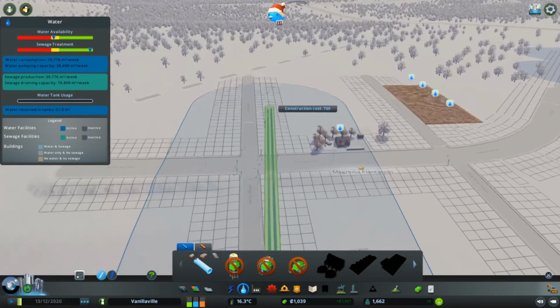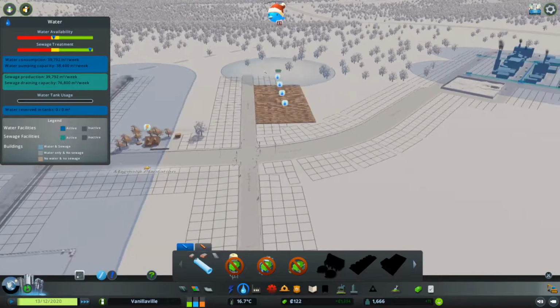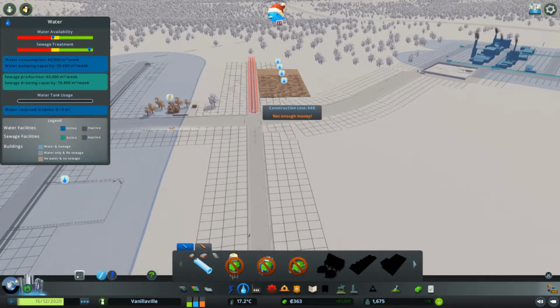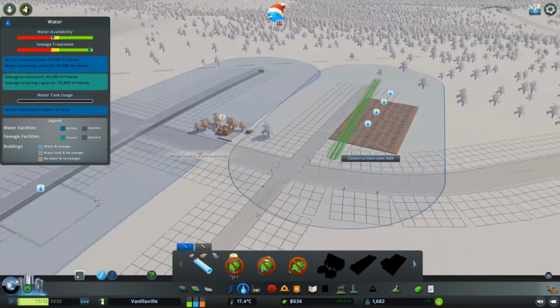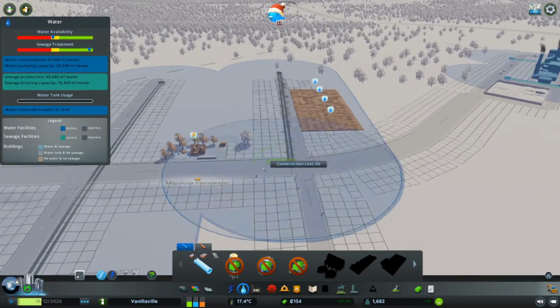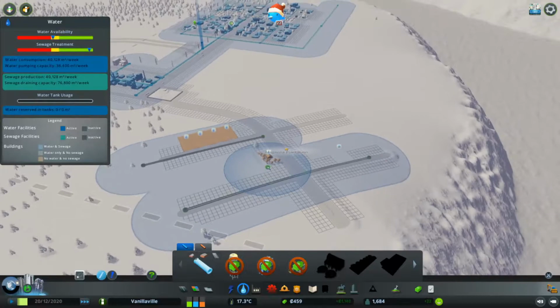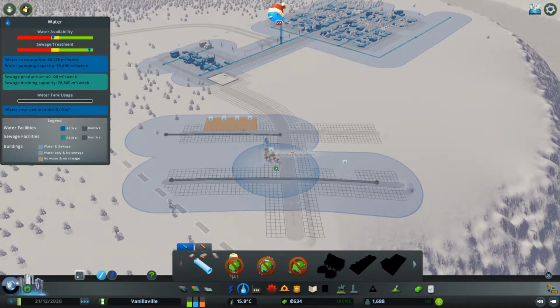However, for now we need to go ahead and grab some water pipes, water this industry area. Not enough money. Oh boy, is that going to be a problem already. Let's just wait a minute, wait for our money to return. There we go. Alright, I'm going to go ahead and play the wait a few seconds game for our money to...